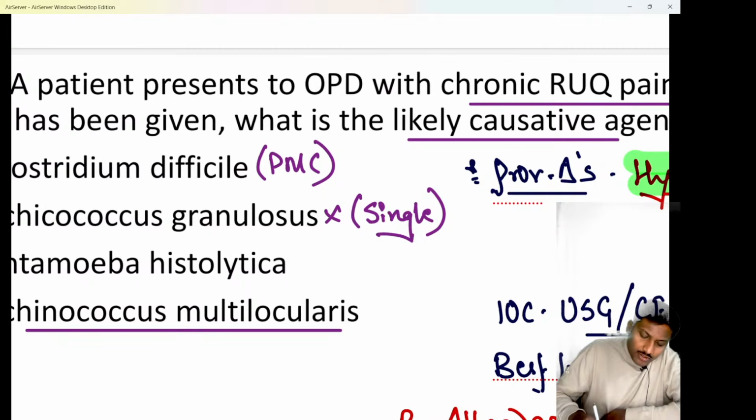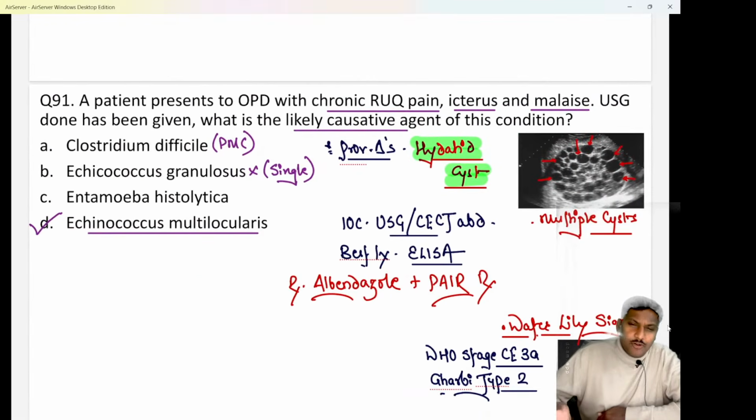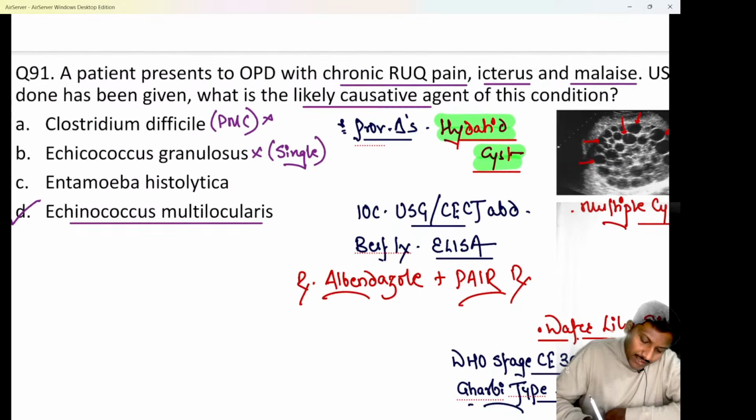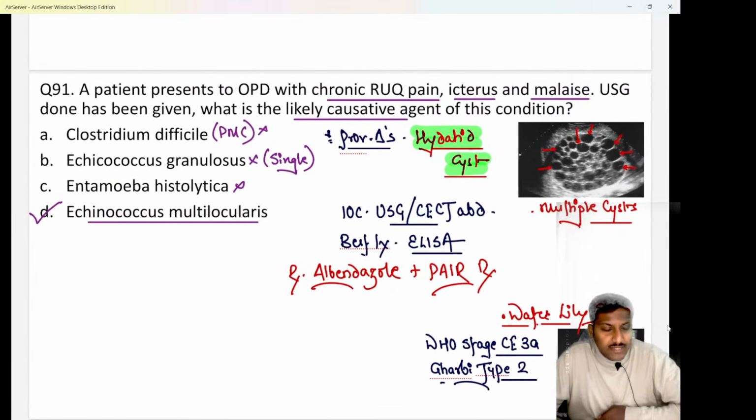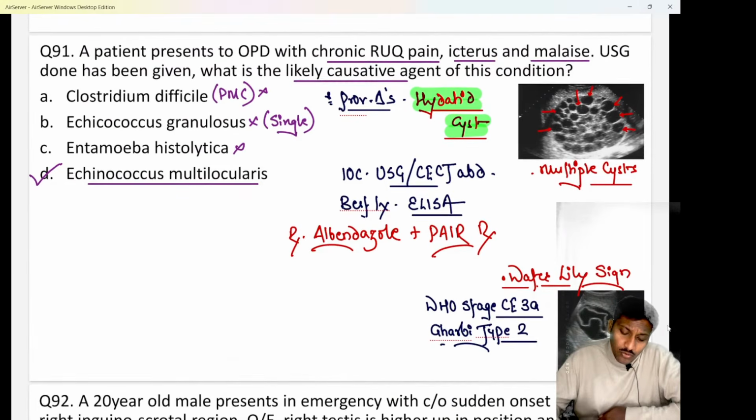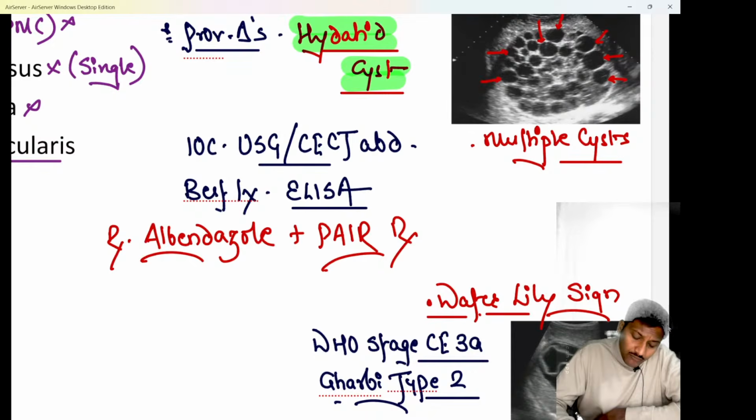Which is caused by organisms like Clostridium difficile, for which we give drugs like fidaxomicin or vancomycin. I've told you earlier also. Do remember that. Entamoeba histolytica is known to cause amoebic liver abscess basically. Okay? Now we know for a case of hydatid cyst, we basically use an ultrasound or a CECT abdomen as